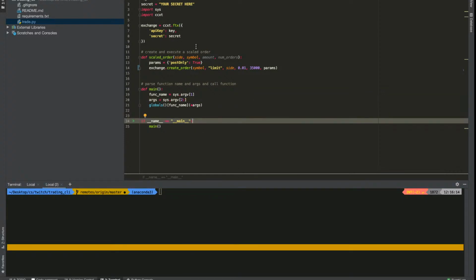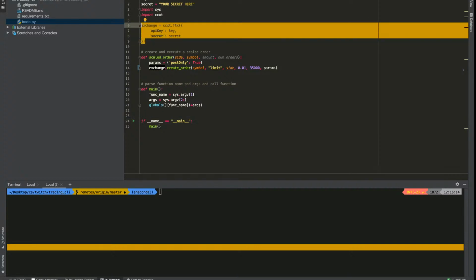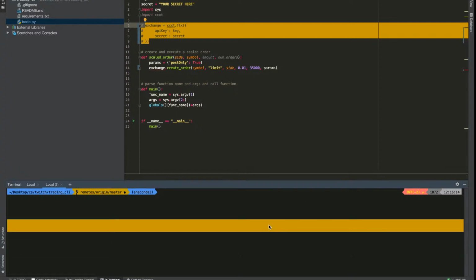So I showed this before, but here's the goal. The goal is basically to be able to do something like python trade.py, and then the command. So in this case, scaled order. The symbol. So on FTX, it would be BTC perp. The side, buy,